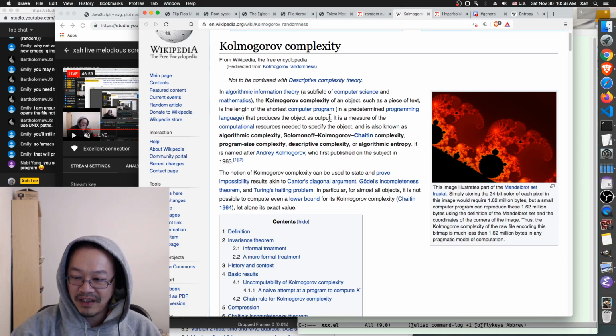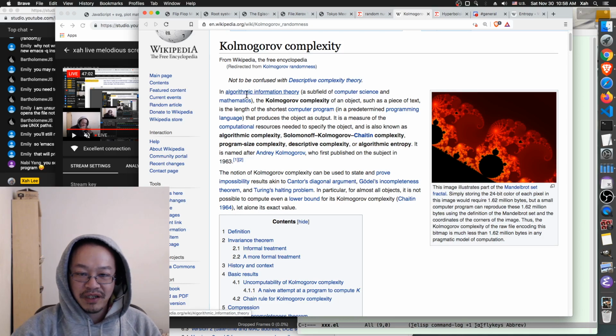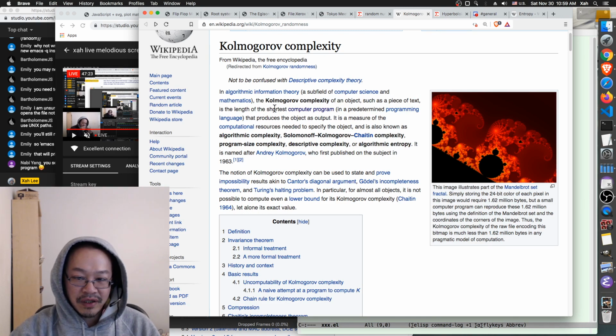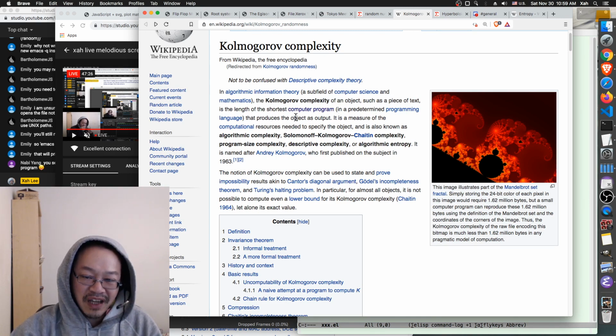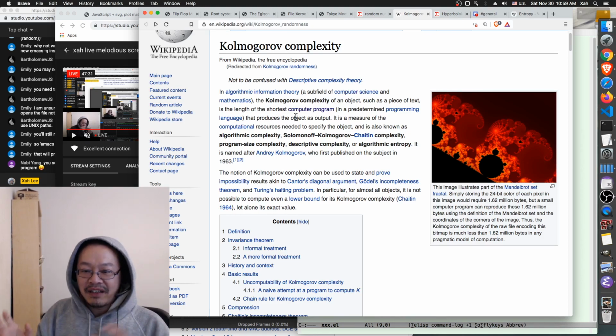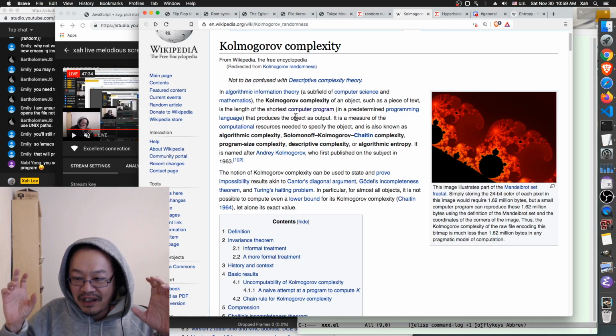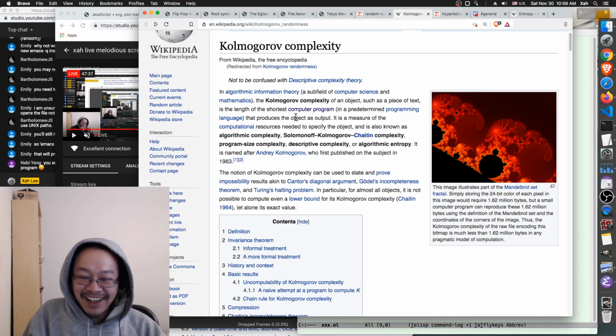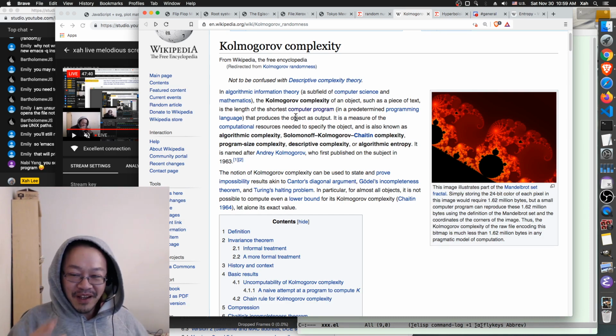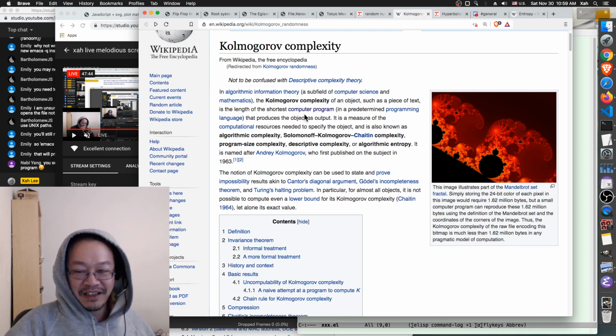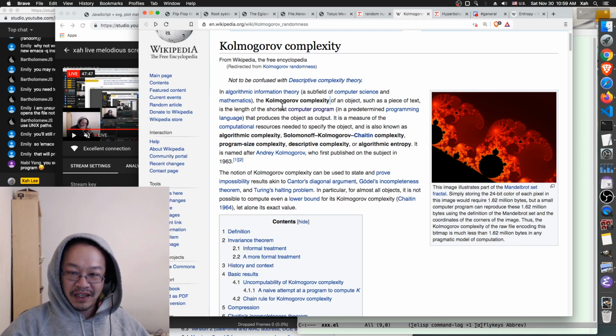This is badly written. This is idiotic Wikipedia. This sentence actually illustrates one of the primary problems of Wikipedia. They try to be, they say object. They say, the Kolmogorov complexity of an object, such as a piece of text, is the length of the shortest computer program that can reproduce the object. This is idiotic. They try to generalize it by calling it object. Just call it a number or a string, a sequence of strings. But these people try to make it sound big. But anyway,